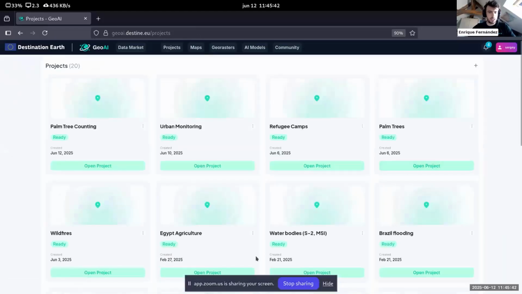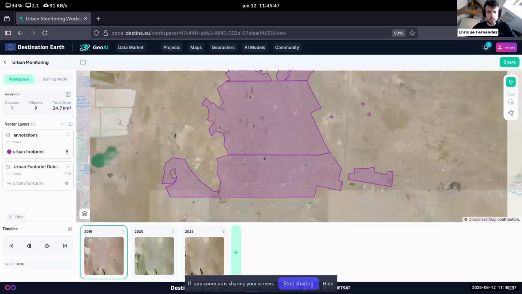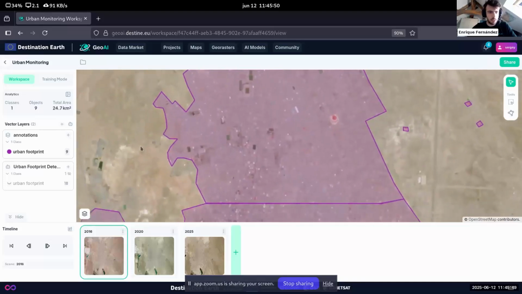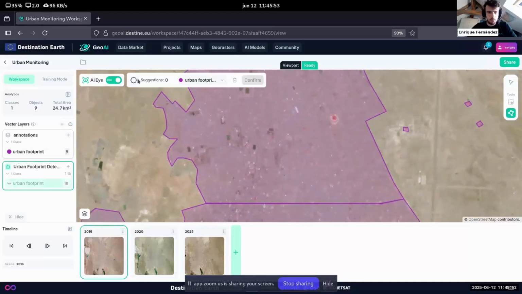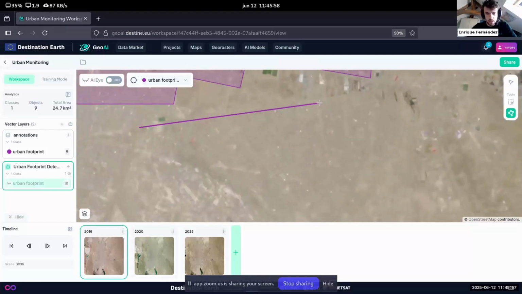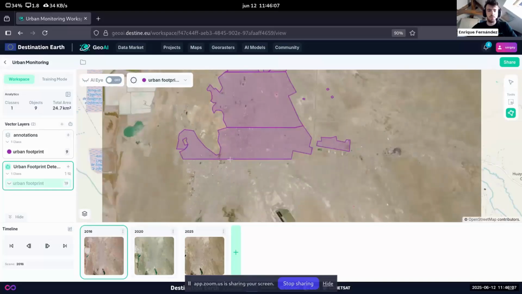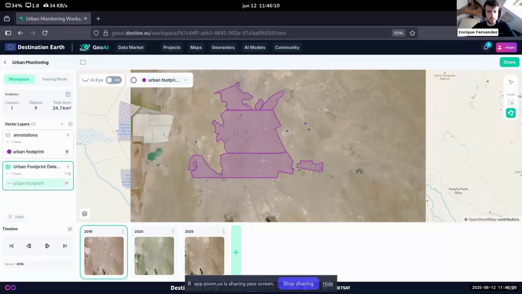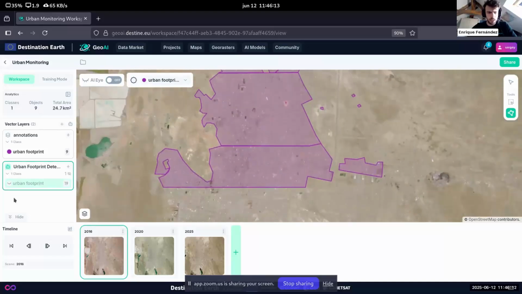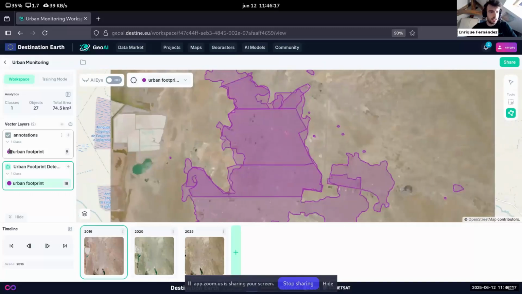Now, let's go back to this project, urban monitoring. And these are annotations that I created. So I quickly came here and I took the polygon tool and I started segmenting. Okay, so this appears to be houses. Maybe actually not. Maybe these appear to be houses. So I'm just going to quickly create a polygon here. Again, I didn't spend more than 5 minutes doing this, but yeah, actually I added the one to the wrong layer. Let me delete that.